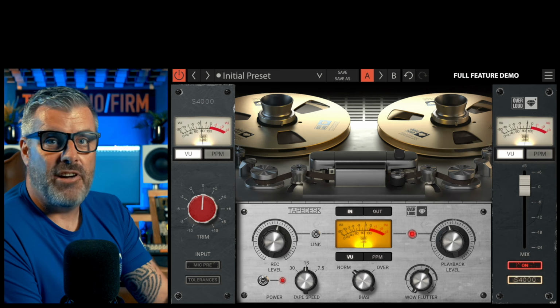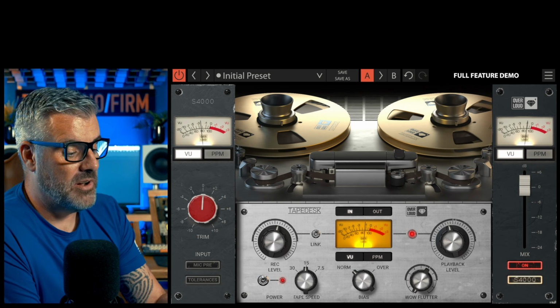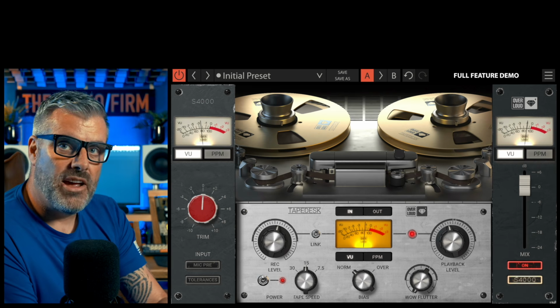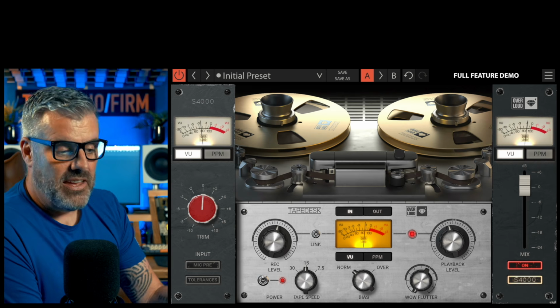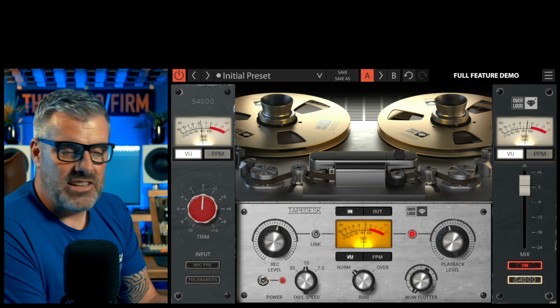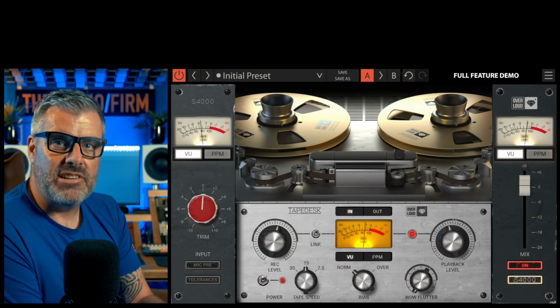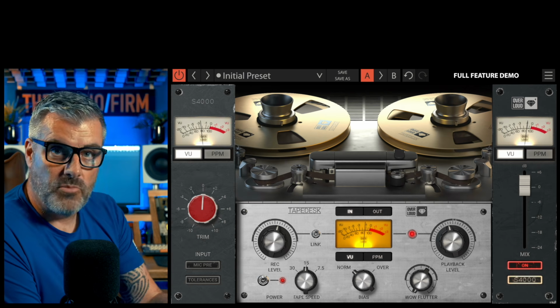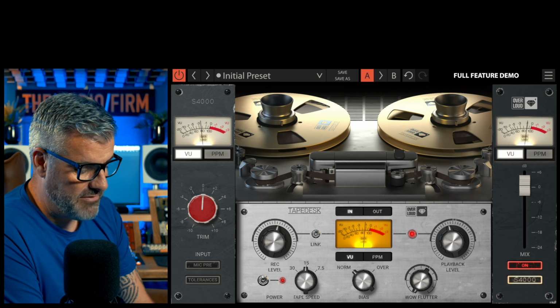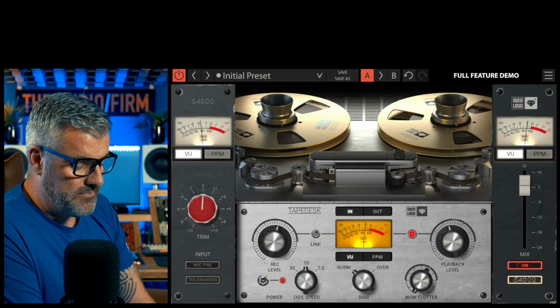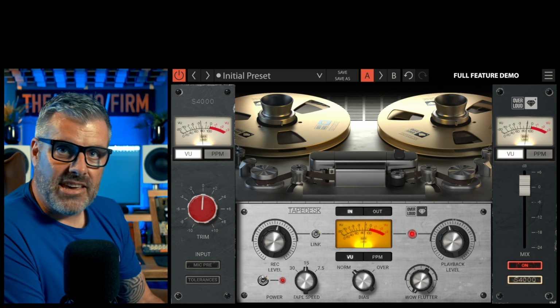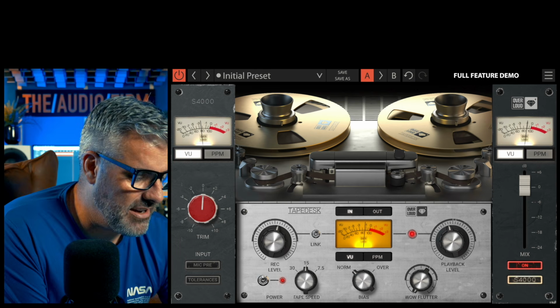I really like the fact that it emulates the console sound as well. Some of them sound quite bright, some of them don't. That's a good thing. Consoles did sound different, especially when you got transformers. You know, when they're on, when you're going through the mic pres, it's going to sound different. Yeah, I like it. Downsides, I would say